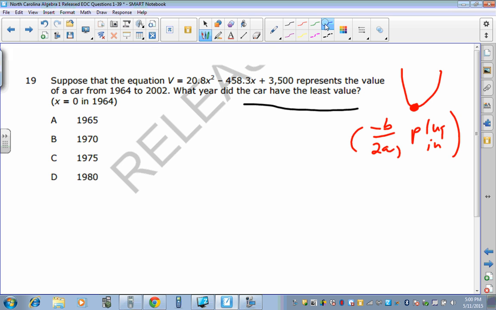So we're going to need b, there's a, there's c. So we have negative b. Why do I have two negatives? Right, because one goes with the formula, the other one with their number, over 2a. And remember, whenever you multiply things on your calculator, if you've got more than one thing in the denominator or numerator, put an extra parentheses. Well, I got minus a minus, which is going to be a plus. Okay, so I'm going to do